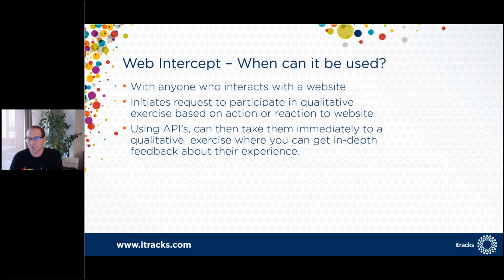Now, this is really important. Obviously, in working with your clients, what is keeping them up at night as it pertains to people using their websites?